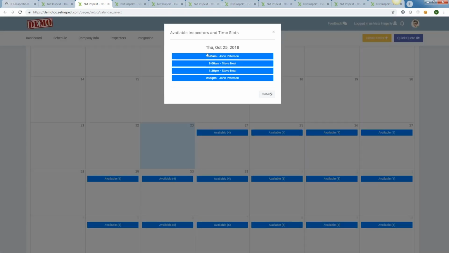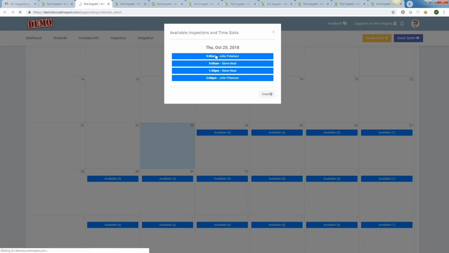In this particular case, I may not want them to. Well, I'm not on this list because I have booked time slots for myself, but maybe I don't want them to necessarily always gravitate and pick John. Or in this case, you may not always want them to pick you over one of the guys that you just brought on board that's still going to do a great job for them. So yes, we are working on just showing time availability, but without the inspector's name associated with this button,